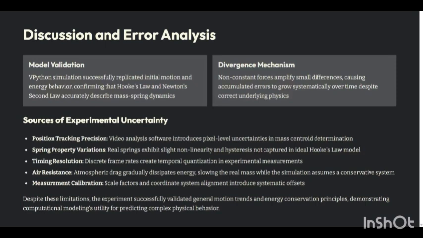So the VPython simulation initially matched the experimental motion and energy of the mass spring system, showing that Newton's second law and Hooke's law described the system very well. But over time, small differences in initial conditions and measurements caused the model and experiment to diverge, highlighting how non-constant